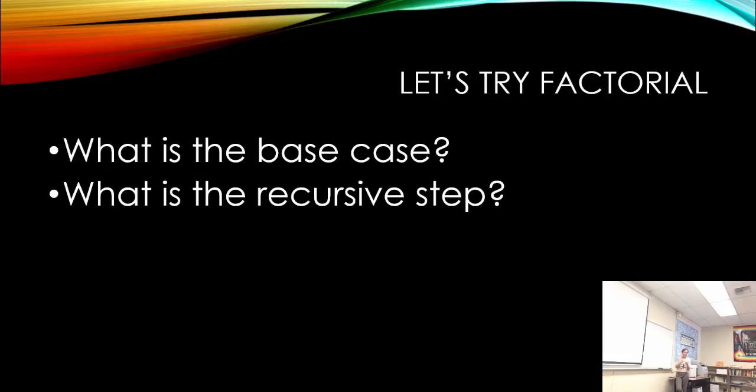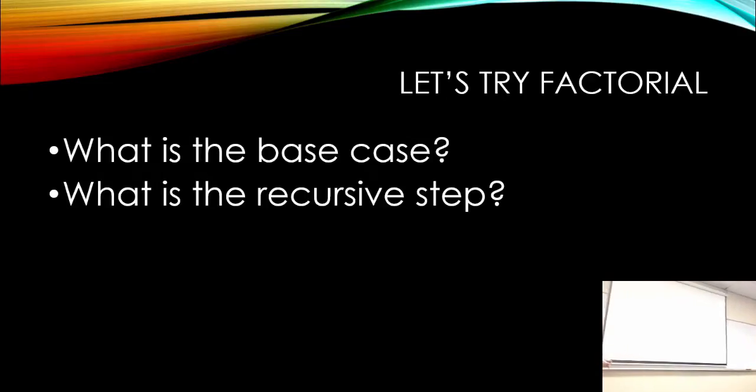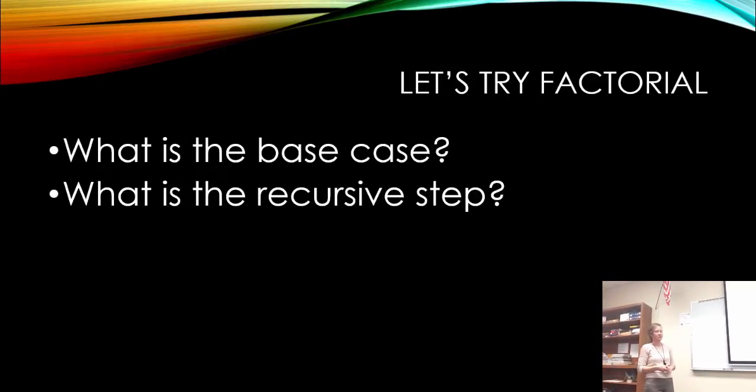All right. So what's our base case? Okay, 0. 0 factorial is 1. What is 1 factorial? 1. So we could stop at 1 actually too. Some algorithms will stop at 0 and some will stop at 1. So our base case could be 1 or 0 because 1 times something is just itself. So our base case will be when n equals 0 or 1. So we could just say 1.